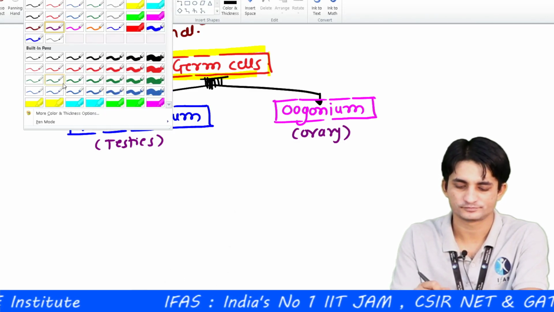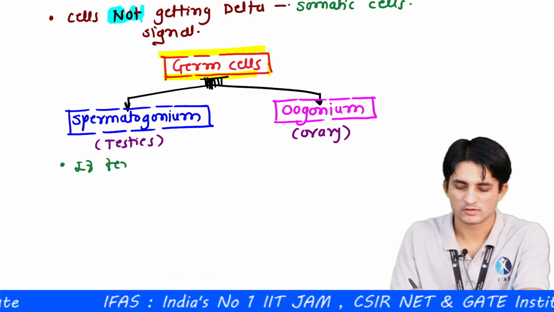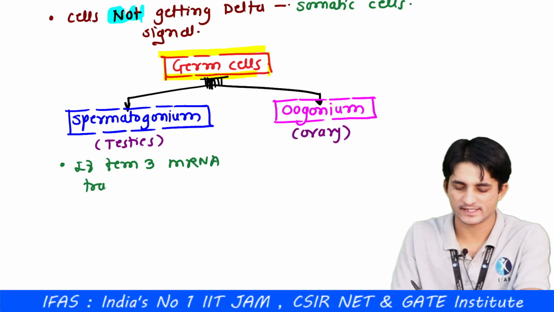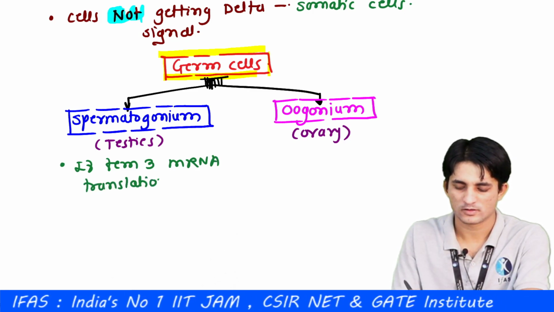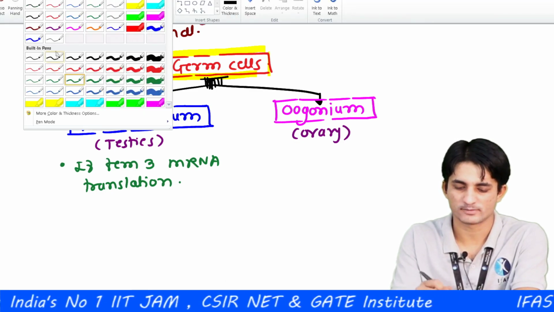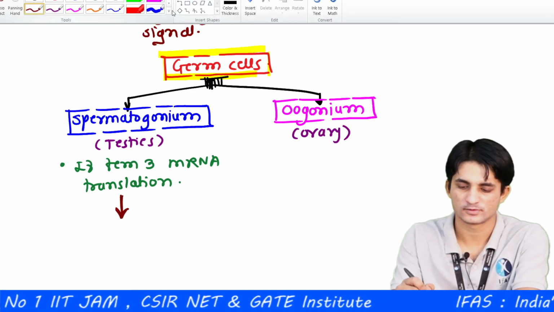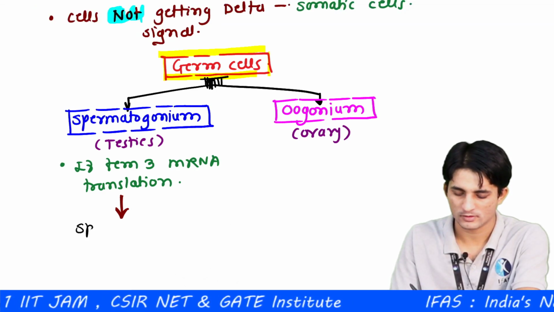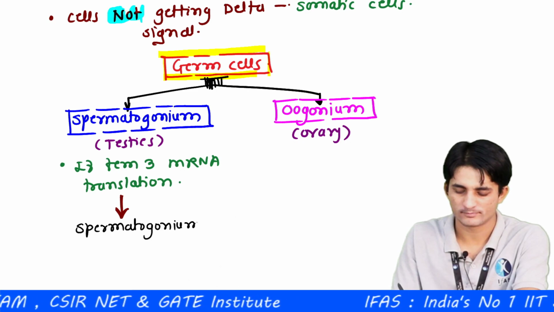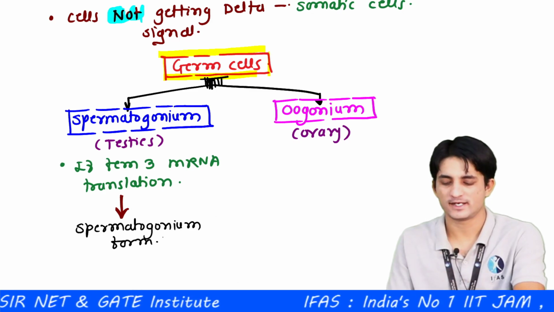So if FEM3 mRNA is translated, then there is formation of the spermatogonium. So spermatogonium form. And if FEM3 mRNA is not translated,